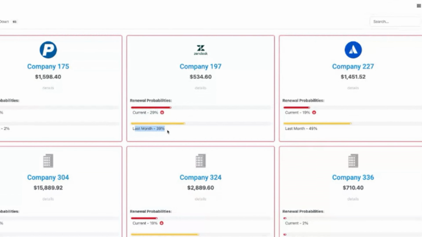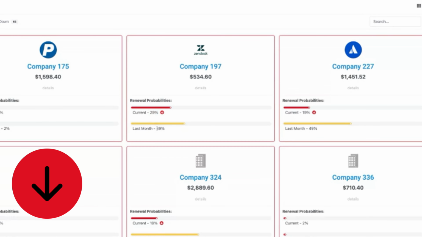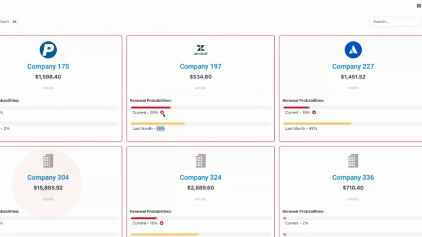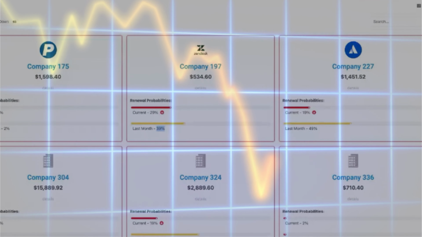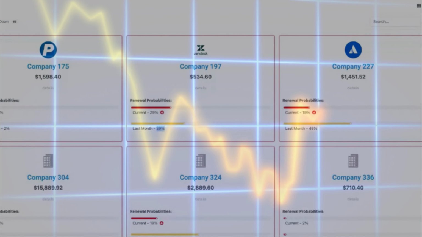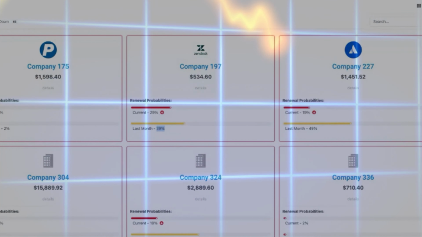This is interesting for two reasons. Number one, the current renewal probability score is below the high risk threshold, meaning it's inside that threshold for the system to call this a high risk account. The second thing that's interesting is that last month it was at 39, which is higher than the current score, which is why you see the red arrow. This indicates a trajectory. This now tells you this customer is not moving in the right direction. So yes, they are a high risk customer, but they're also a high risk customer that is trending down on